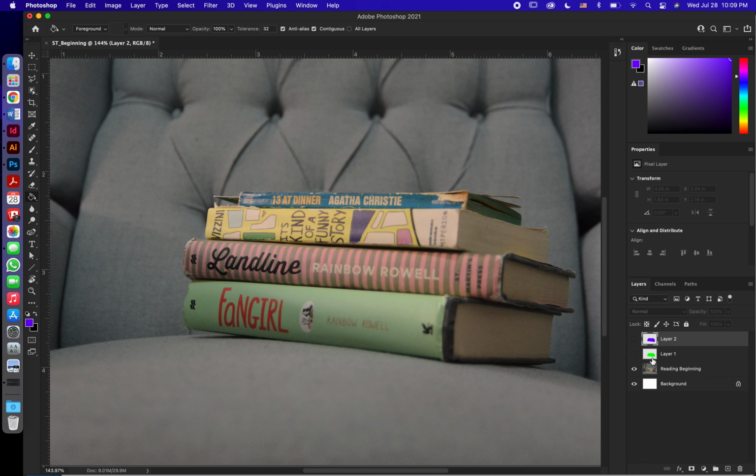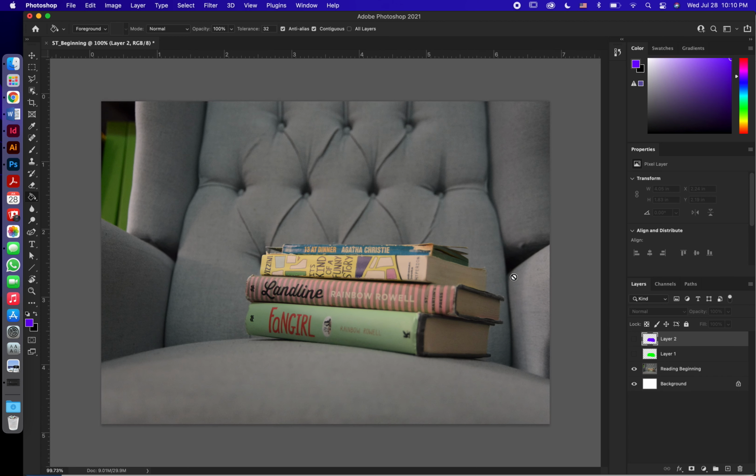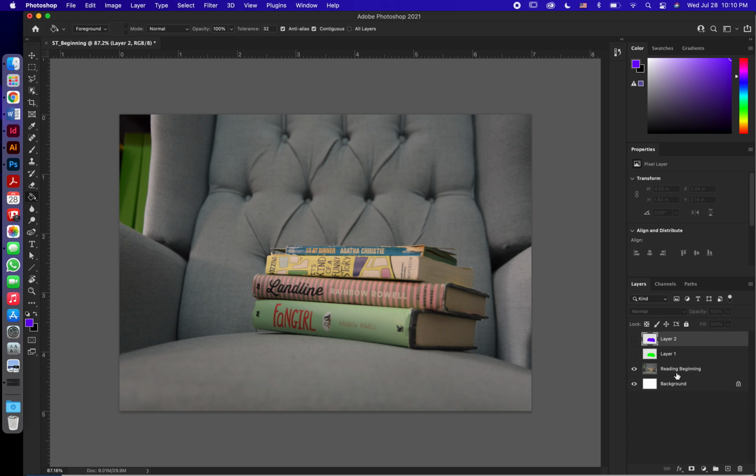And these don't actually need to be on for this to work, but if you have a selection that you've already made, you can hold down Command on a Mac or Control on a PC, and if you hit the thumbnail, it's going to select whatever is on the thumbnail. So any pixels that are on the thumbnail will be part of the selection. So that means that, let's say I wanted to do that for this JPEG that I put in. If I hit Command,